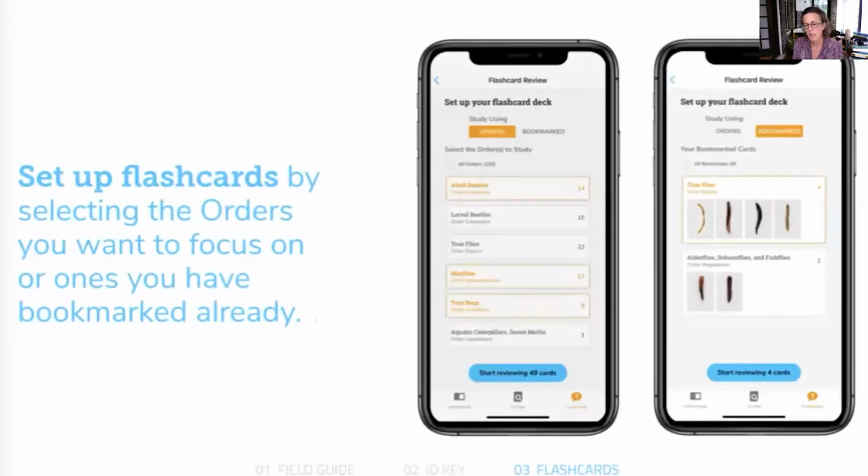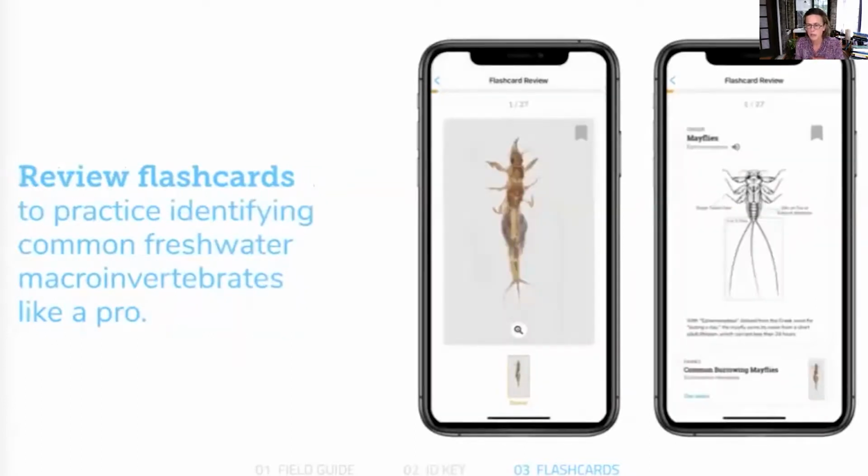And the last thing, and we heard this over and over again, both before and after training, people wanted a way to practice to get better and skill up on their IDs. So we've created a practice quiz where you can toggle on all 150 and randomly test yourself, or you can work on individual orders. I have 2 students this fall that are working on common lookalikes, as well as order level quizzes that we'll be adding to this practice or flashcard feature of the app.